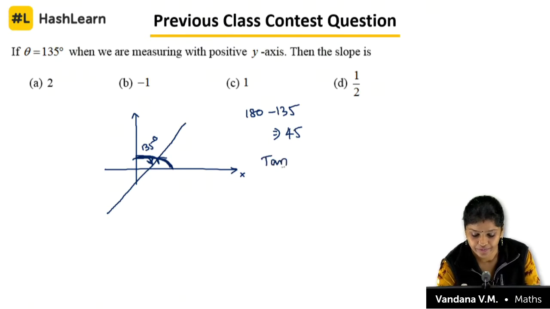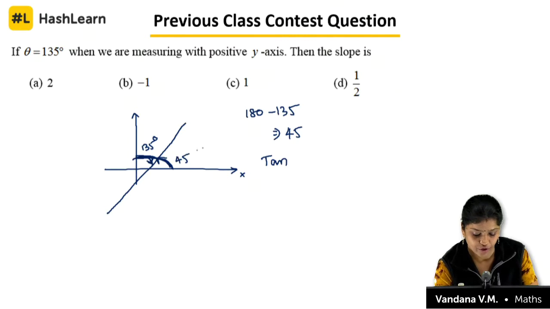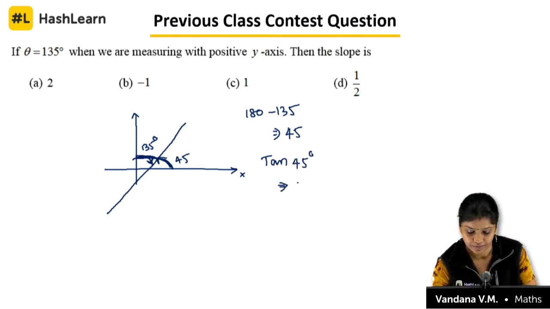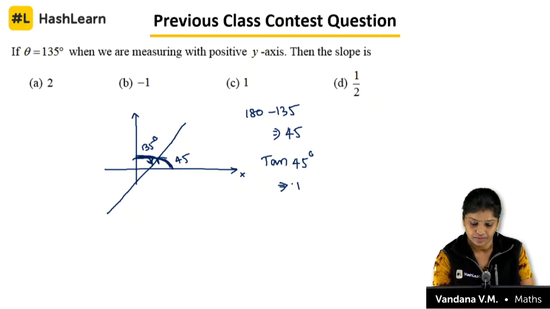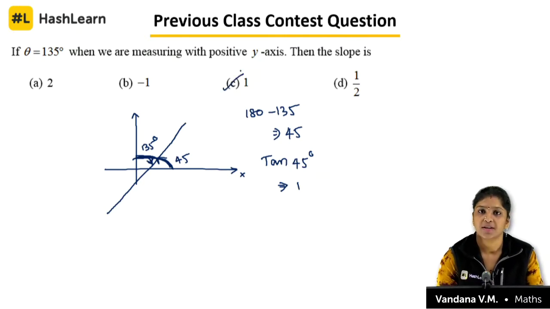Tan 45 degrees. While measuring with 135 degrees, they are asking for the slope. So tan theta I have to find out, right? So it is tan 45. Tan 45 is 1. Okay, option C is correct, and the winner is